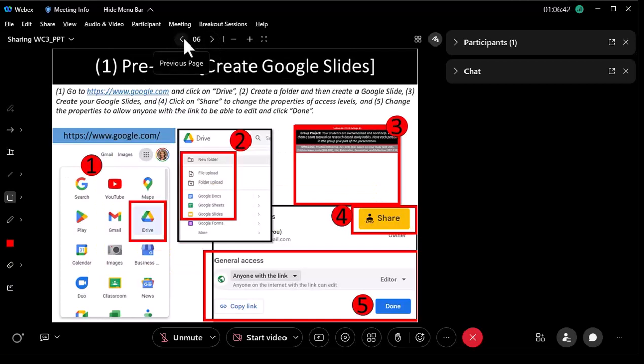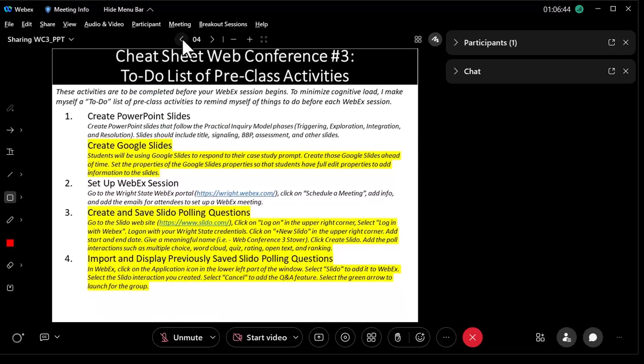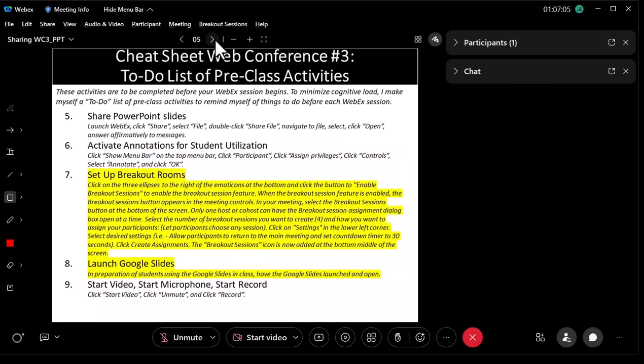And let me come back to this. You may want to go ahead and write things down or take a picture of this and make yourself a cheat sheet because these are the things that you'll want to do, at least some of the things you'll want to do before the third session, maybe even more. But I would make a picture of this and the next one, so that you can make yourself a cheat sheet to do these things ahead of time too, okay?